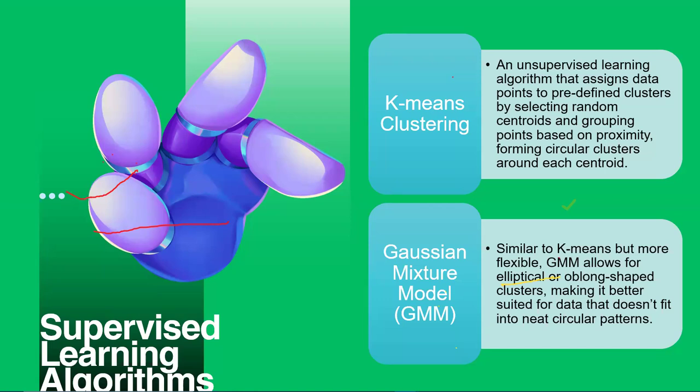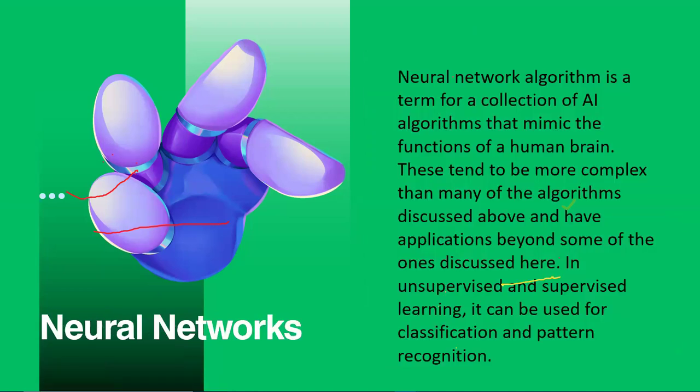Those who are familiar with geography will know how to compute the distance between two points on a map. The way you compute distance between two points on a map is not the same way you compute distance between two points on a two-dimensional plane. But that's the basic idea behind clustering, right? Now, on the side, another type of this will be neural networks, right?